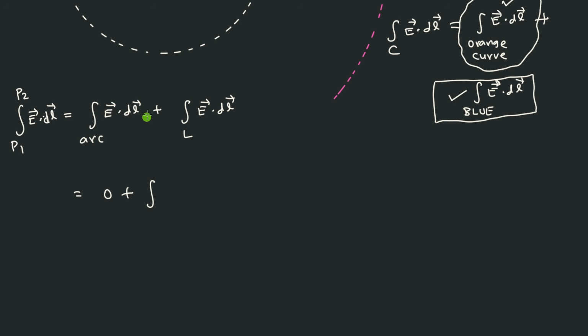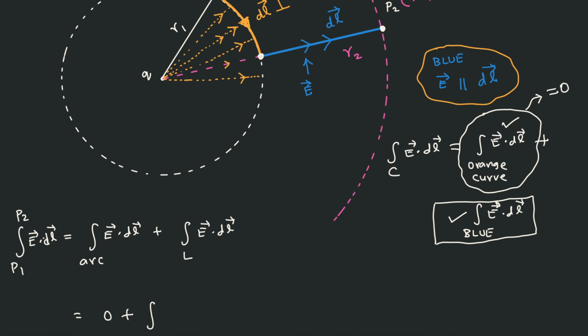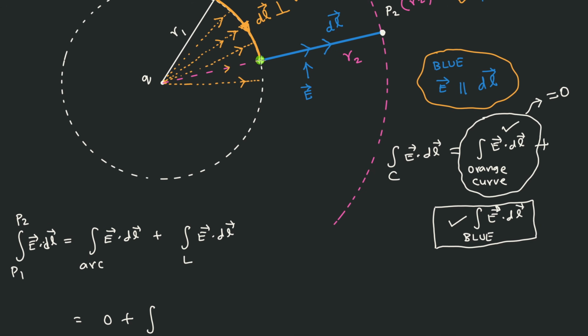integral, because just now I explained that if you are traveling along the arc of the circle, because of the perpendicular nature, this is 0, and then integral over line, and here you have to go back and put the appropriate limits here. So what is the starting point? This particular point is R1. How do you know that it is R1? It is there here. So you go like this and then come here, and there is an R1 here.